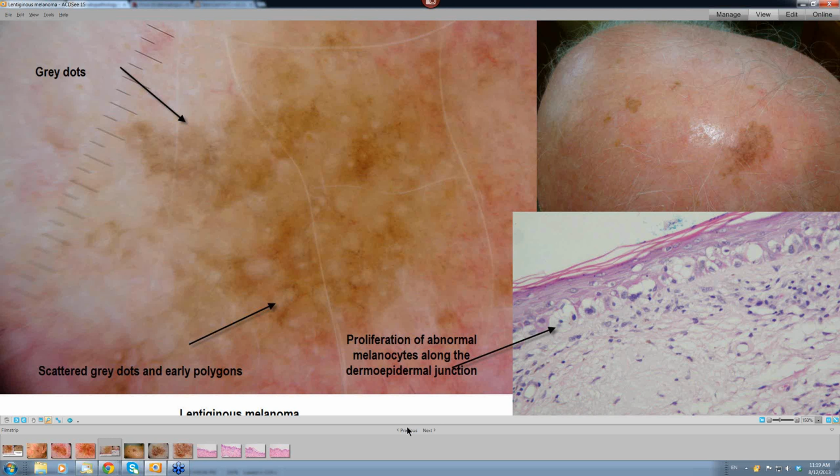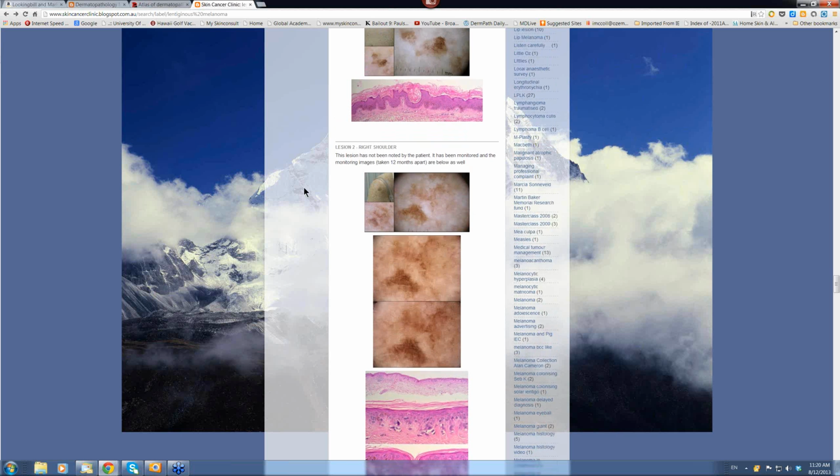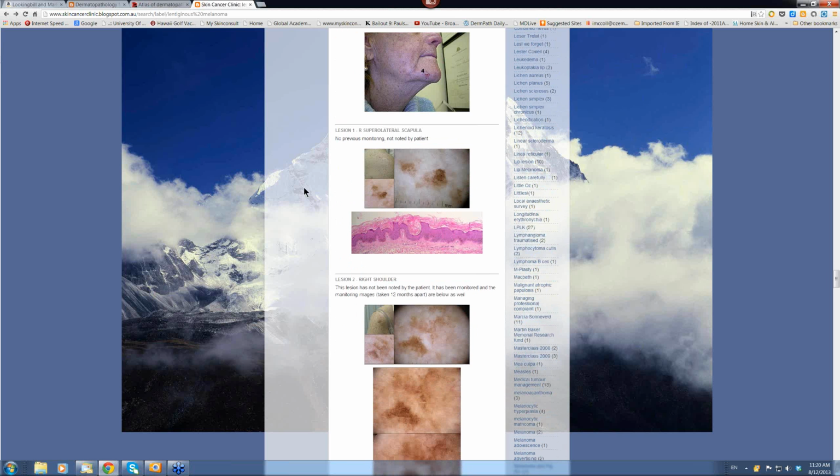Let's have a little look at some other examples. And the best place to look is some presentations from a guy called Jeff Keir. Jeff is in Ballina. He sees a lot of patients there who have a lot of sun exposure, and so he sees a lot of these lesions. Now, he presented 3 cases on a particular patient, and this was the first case with a lesion, I think,